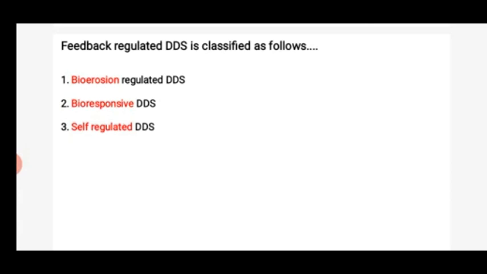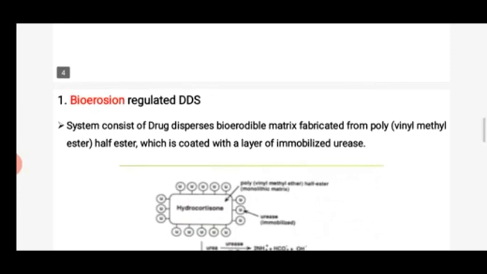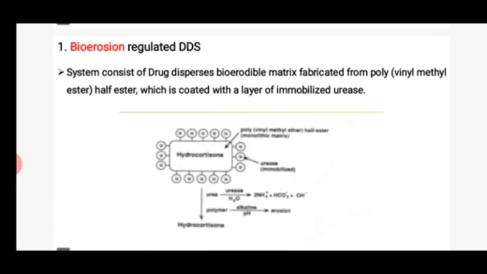And also in the reservoir devices, the materials used as a membrane barrier coat are hydroxypropyl cellulose, polyvinyl acetate, polyhydroxyethyl methacrylate and waxes. They are the materials used as a membrane barrier coat in reservoir devices, not in matrix devices. So in the matrix devices, the rate of drug release is not zero order,